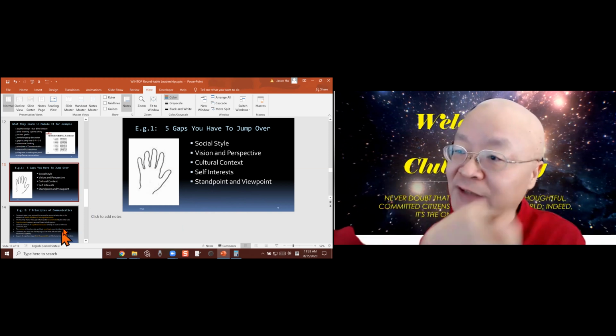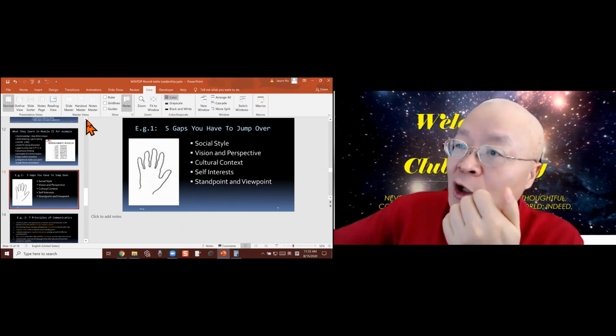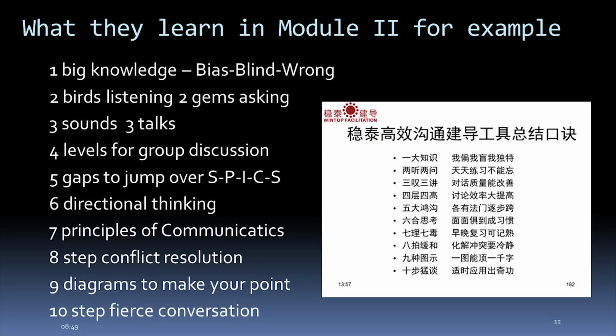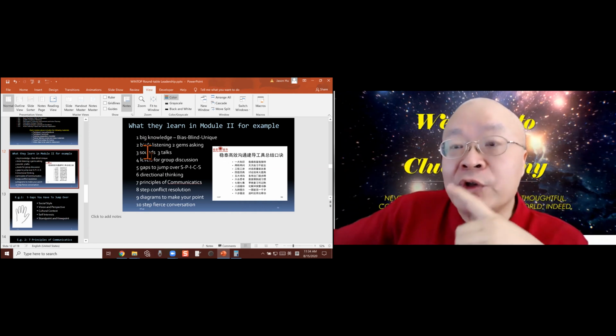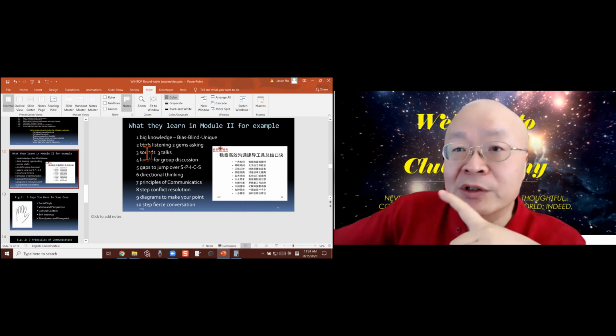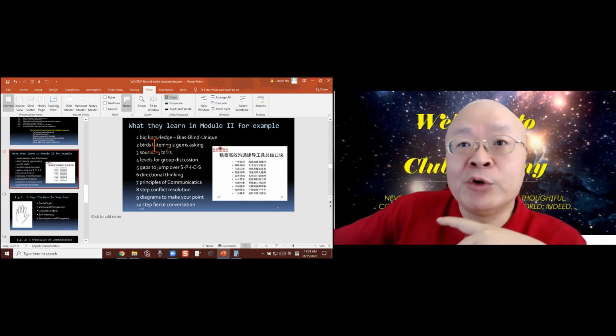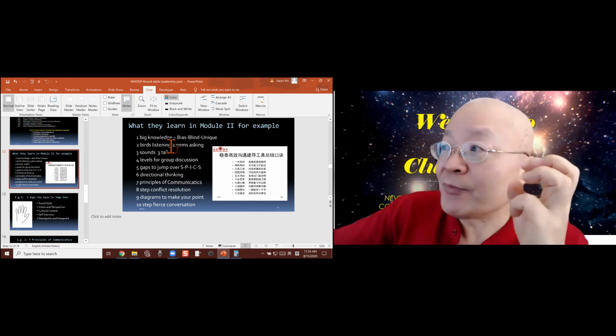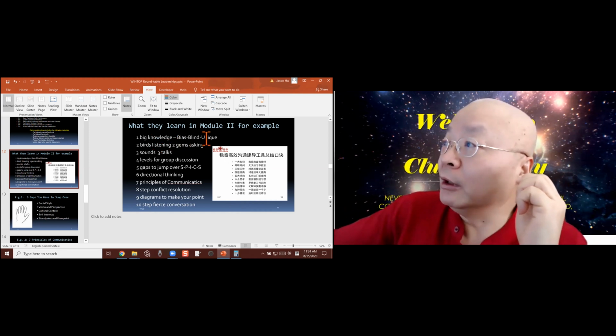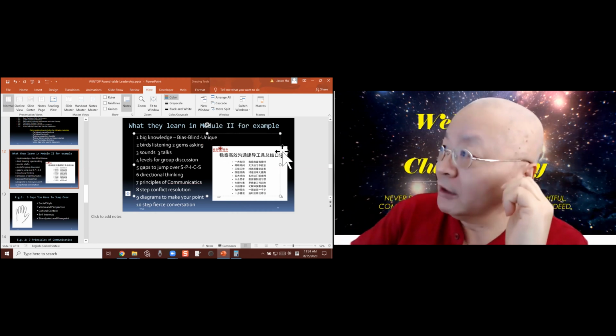Why do we have the 7 principles and 5 gaps? In fact, the whole communication module in the 2 days course is summarized and organized as 1, 2, 3 into 10. And 1 means 1 big knowledge. The so-called 1 big knowledge is what we call constructivism or second-order cybernetics ideas, all condensed into B. Actually, it's W here. It's wrong. Okay,